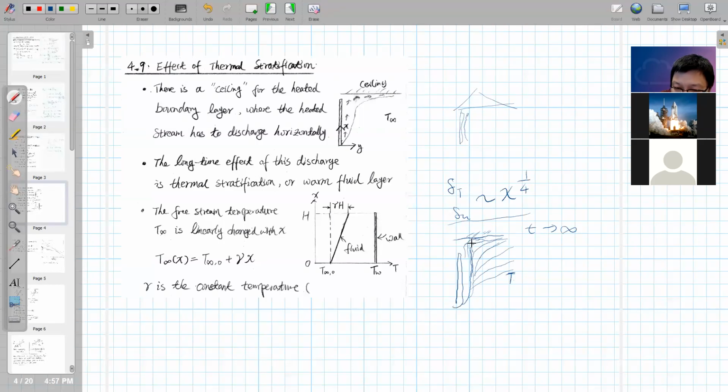The velocity won't be able to go down because you have to satisfy the conservation law, mass conservation. So for the velocity, there will only be a small film going in this direction, but the temperature will gradually go down, because more of the heat generated from this wall passing to the air will go in this direction, this y direction. Okay. And what does this mean? That means that in a steady case, it will look like you have a wall here, but your free stream,